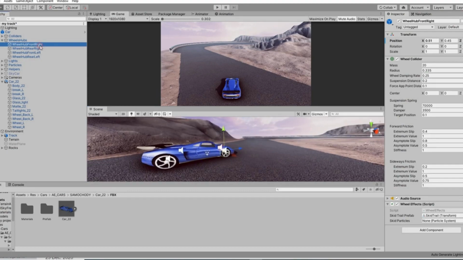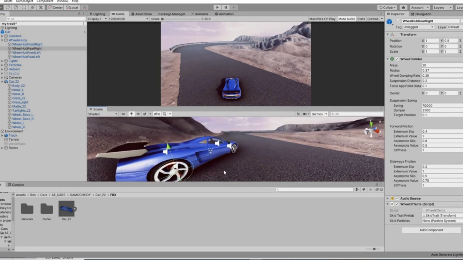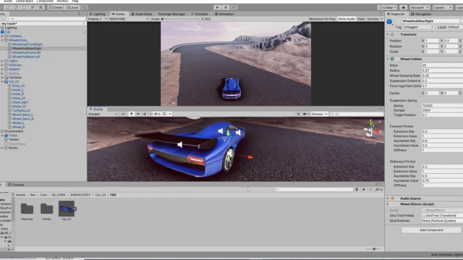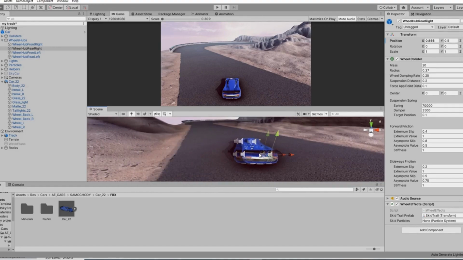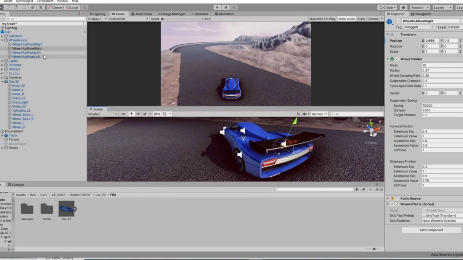So do this with all the wheel colliders: front right, back right, front left and back left. And move it here. I will change the position of all the wheel colliders.